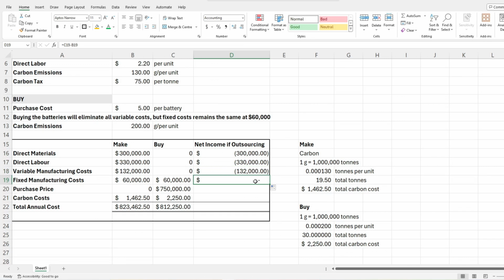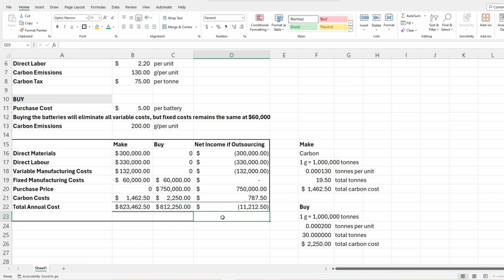We won't be saving anything on fixed manufacturing cost, since if we do buy the batteries, it remains the same. If we do buy it, our purchase price does increase by $750. And if we also outsource, our carbon cost increases by 787.5. But does this make it? So the final one,